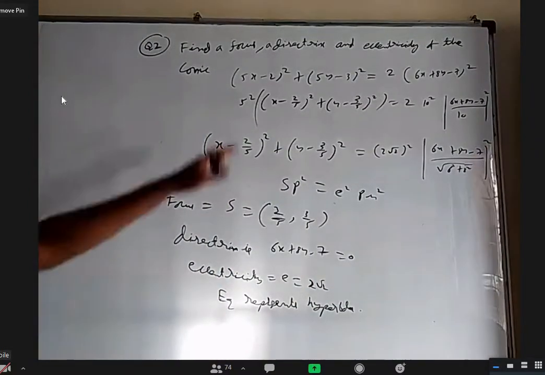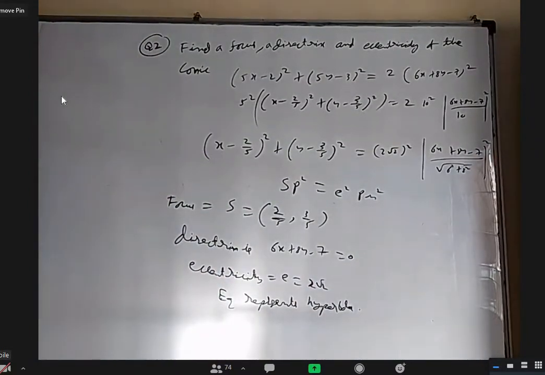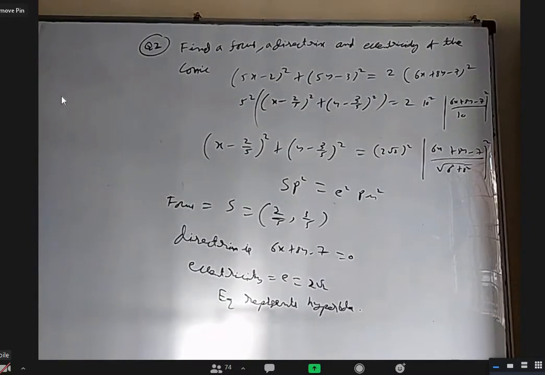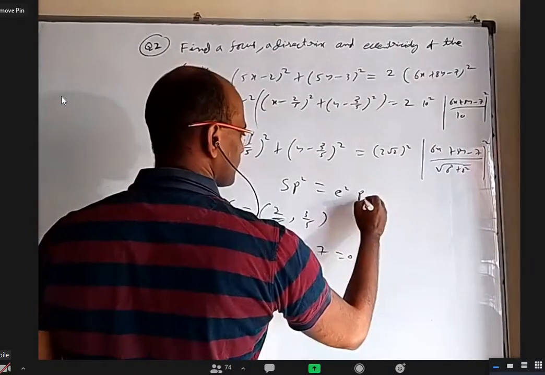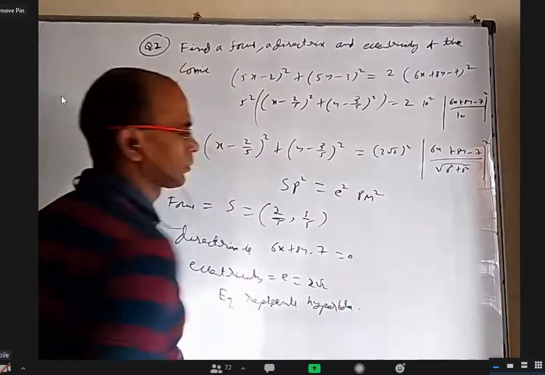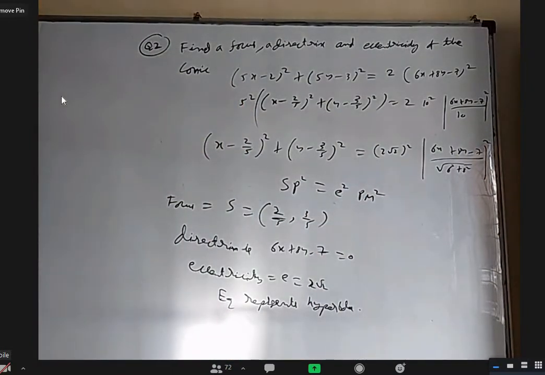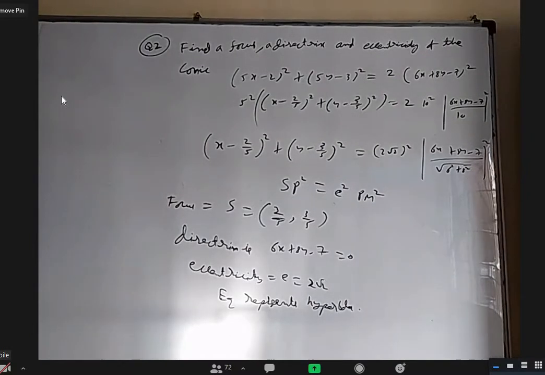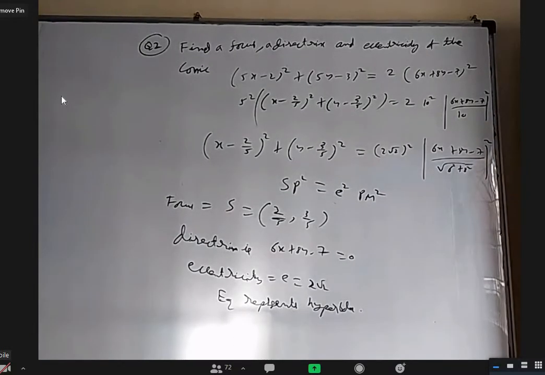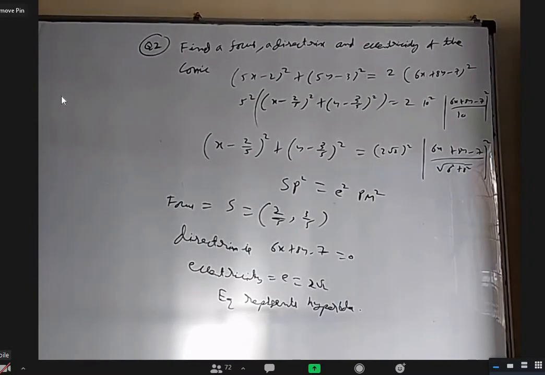Okay, so everybody clear? You have to just manipulate it slightly so that it is in the form of SP square equal to e square into PM square. Today I'll not be able to give you any homework on parabola in the beginning of it. So circles, try to complete the first mains material fully. Next, system of circles, the 2 exercises. Next, advanced material even.